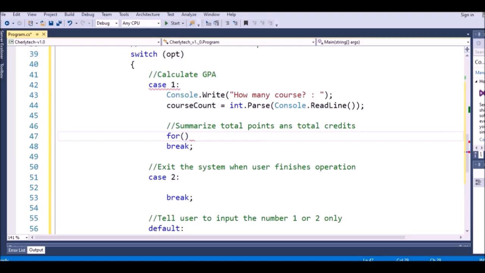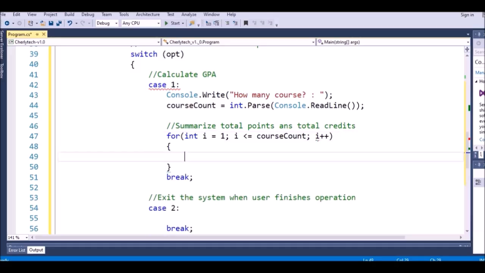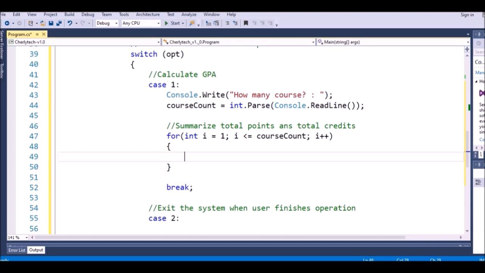So I have int i equal 1, and then i must be less than or equal to courseCount, and i plus plus, this one, and inside here